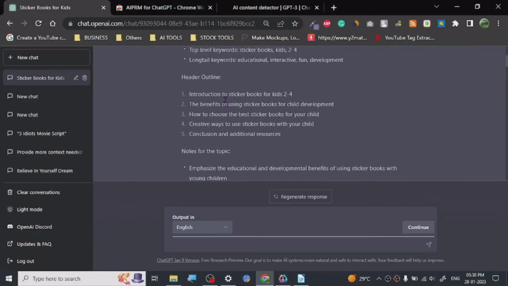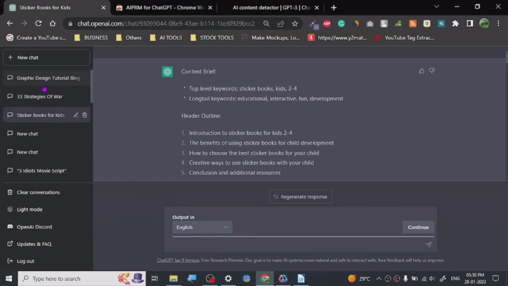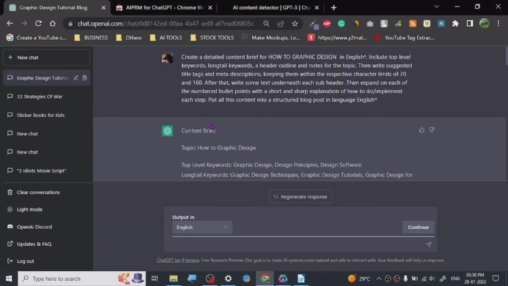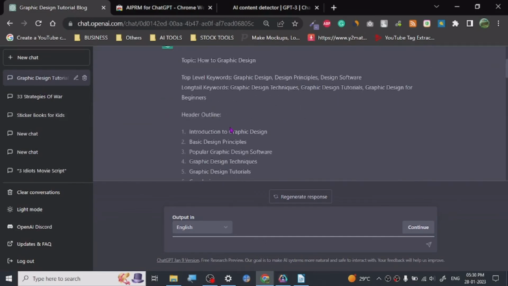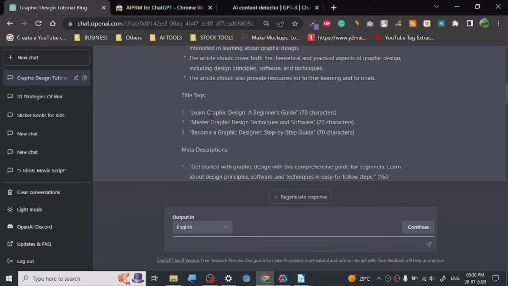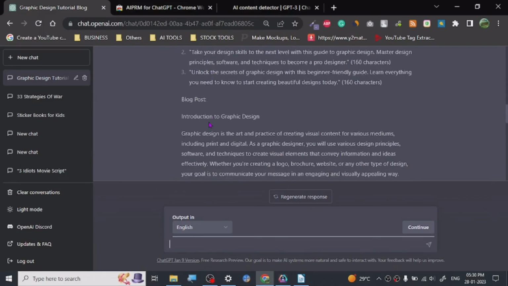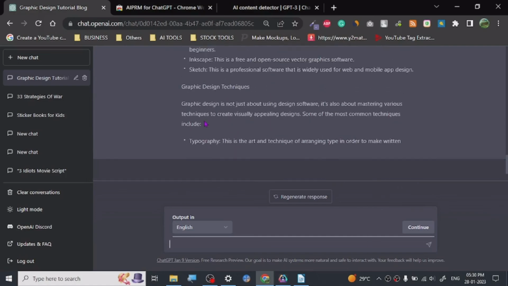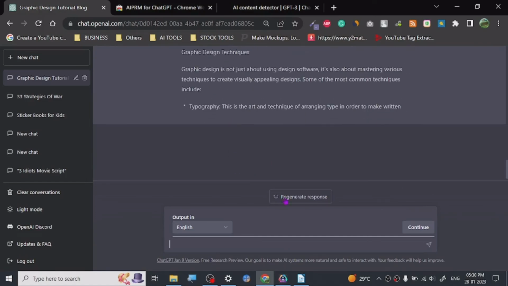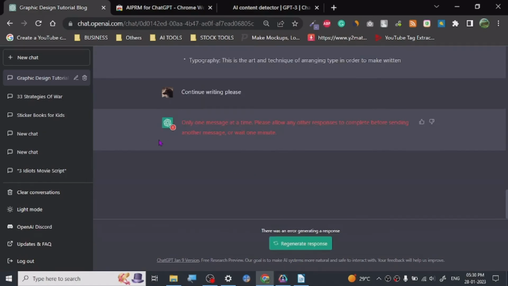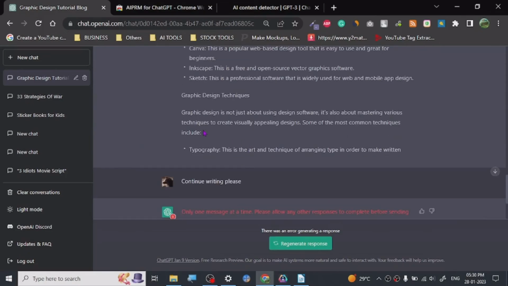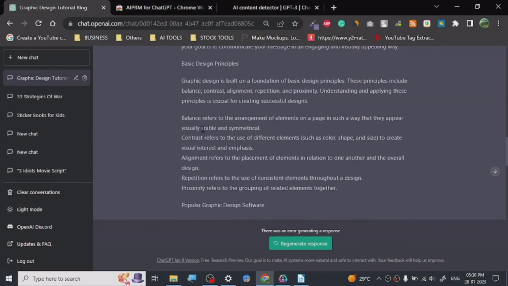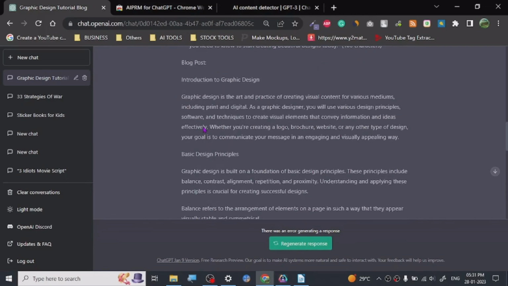It gives you all the things, so let's just go back to our design tutorial blog. Content brief, it gives us header outlines, it gives us notes, title tags, meta description. Now the blog post starts, and the blog post is something like this. It is not very long, so to continue you can press continue, but it only allows one message at a time. So what you can do here is you can just simply get on new chat,